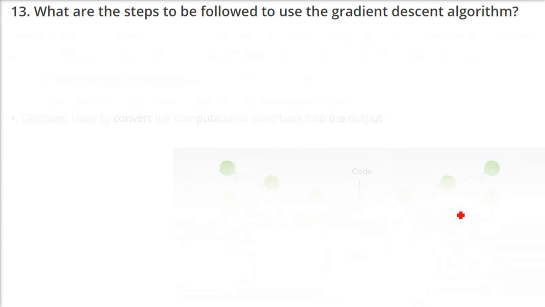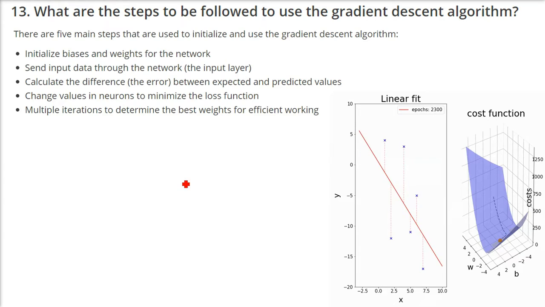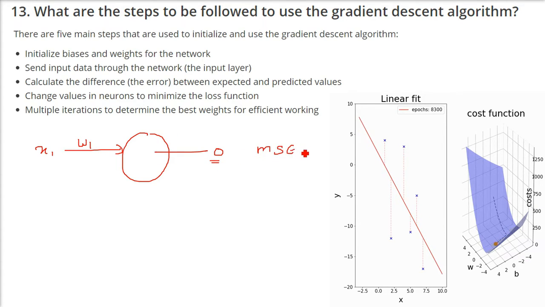What are the steps to be followed to use the gradient descent algorithm? First, gradient descent is an algorithm for optimization. We have discussed it, but let me tell you again. We have x1 to xn, different inputs. Let us assume x1 is there, and it has a weight. The output will come, you will find the mean square error, see the difference, and then make a loss function. I'm just assuming x1 with weight 1, but there are multiple xn.